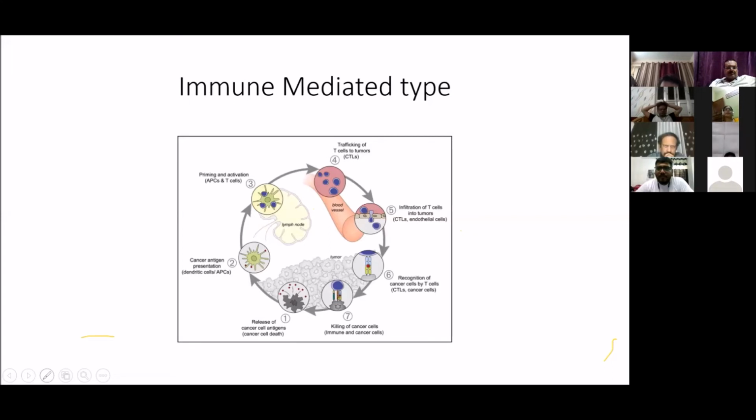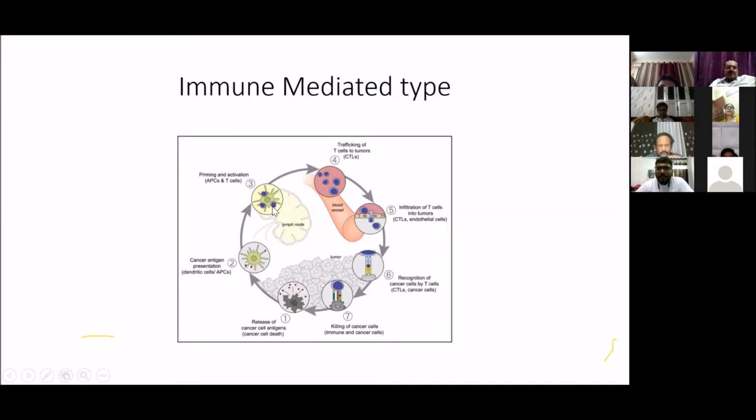So whenever there is a cancer cell in the body, and whenever we give any kind of treatment, be it chemotherapy, radiation, or any other kind of treatment, if you're with me at point number 1, the cancer cell dies and it releases a lot of antigens and proteins. Now, these antigens and proteins are picked up by this green cell, which is the antigen presenting cell. And this antigen presenting cell takes it to the lymph node, where it interacts with this blue cell, which is the T cell, and where the T cell acquires the immunity or the capability to fight this antigen.